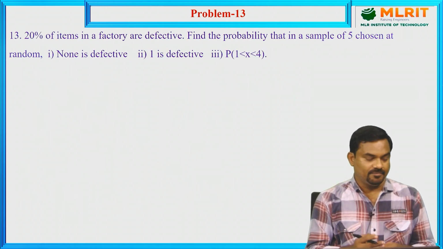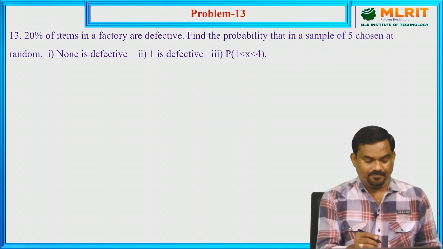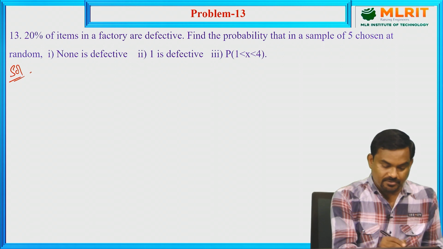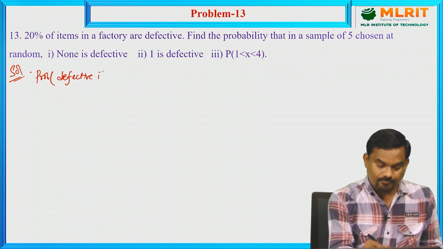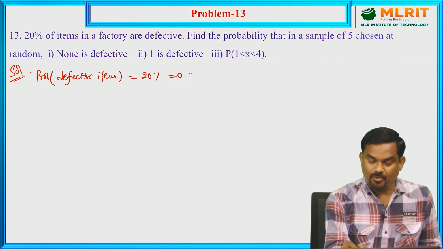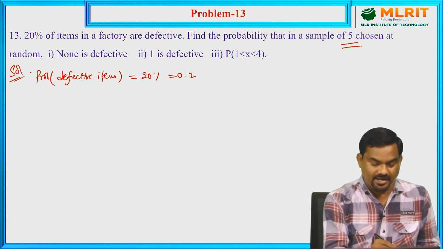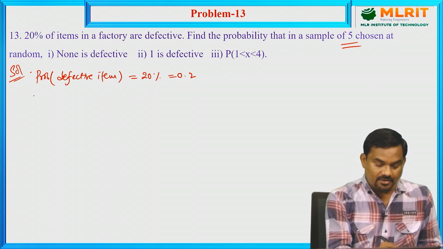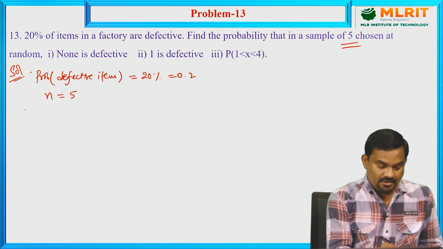Now similarly, there is another problem. 20% of items in a factory are defective. So the probability of a defective item is given: it is 20%, that means 0.2. Find the probability that in a sample of 5 selected at random, so n equal to 5, the number of trials,